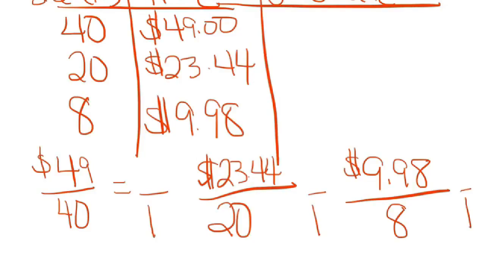Okay, so we need to get denominators of 1 on all of these. Okay, in order to do that, we have to divide by the denominator. So the first one we're going to divide by 40. This one we're going to divide by 20. And this one we're going to divide by 8. And our answers will come up to be, and if we round them, the first one comes out to be, I'm going to write it in a different color so it's obvious for you. With our calculator, it comes out to be